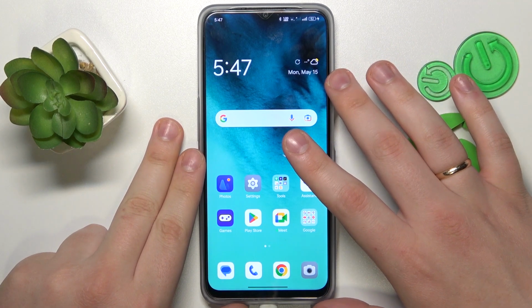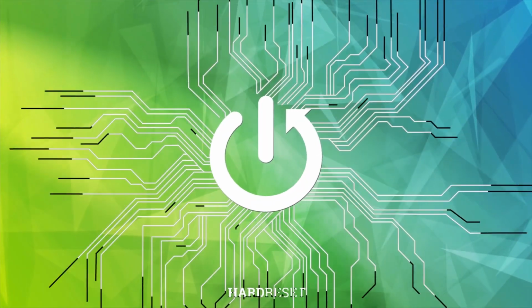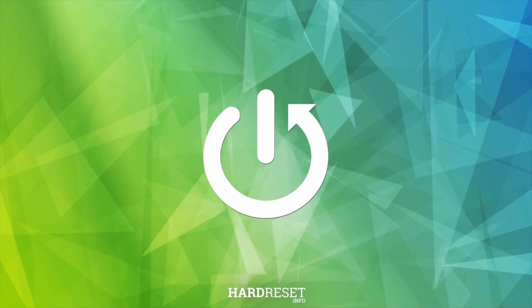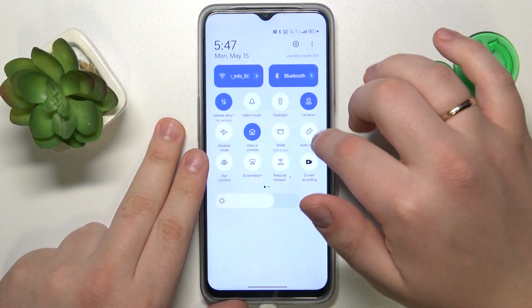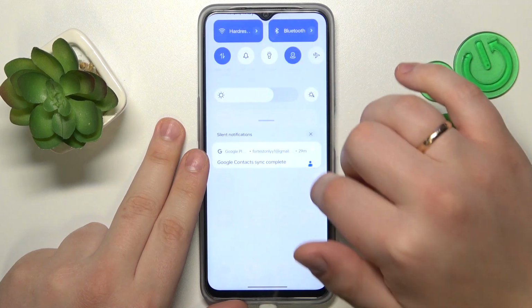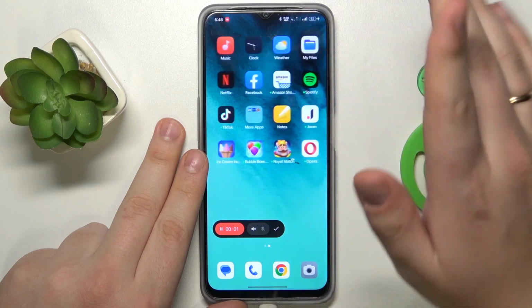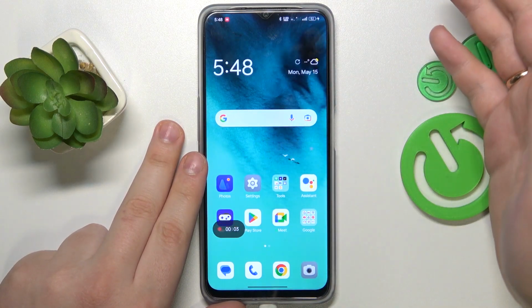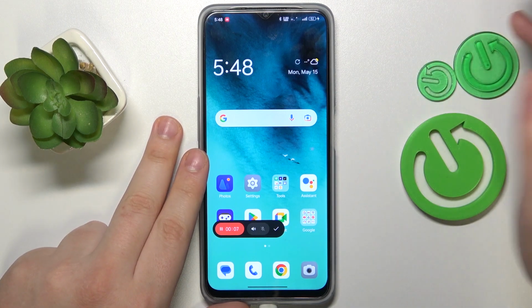Today I would like to show how you can stop screen recording in OPPO smartphone. So firstly, let me quickly start screen recording so I can as well show you how to stop it. So once the screen recording is live and well, you've recorded everything you wanted to, should it be some gameplay